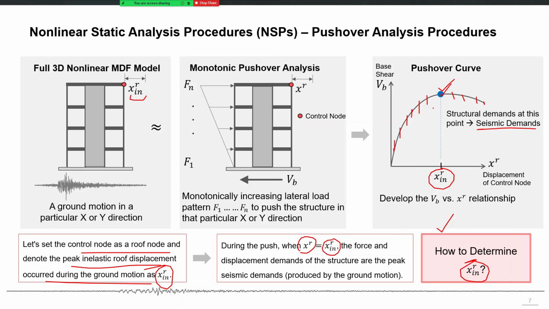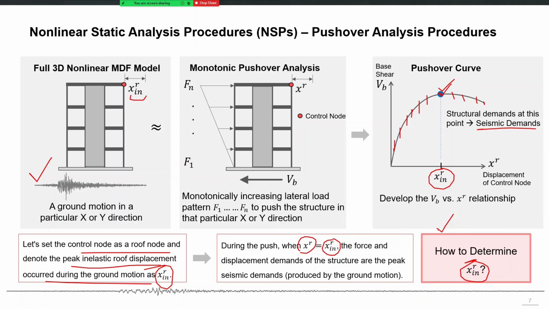So although they will be approximate because they are not the results produced by the real ground shaking, they are the results produced by a horizontal load pattern that displaces the structure up to that level which is expected at your ground shaking level. So they are approximate seismic demands, and whatever is the difference between those demands and the actual nonlinear time history analysis demands, that difference will be attributed to the limitation of this method, because this method is static in nature. It doesn't account for all the dynamic amplification effects and all other inertial and damping effects.